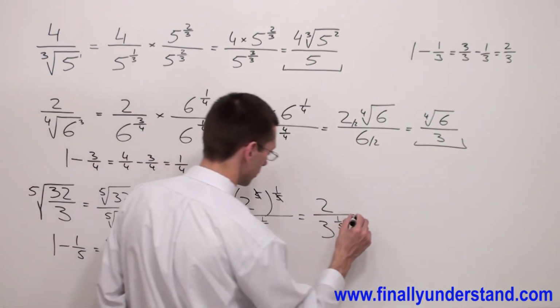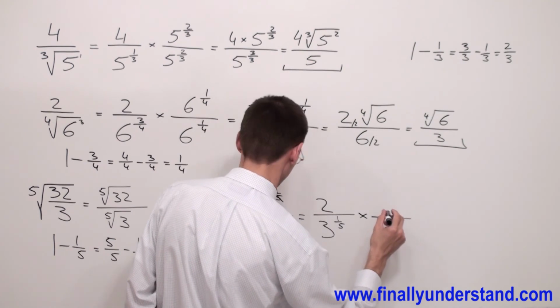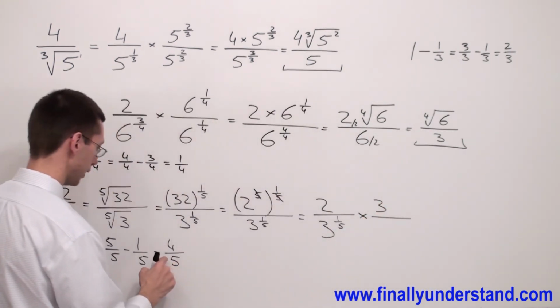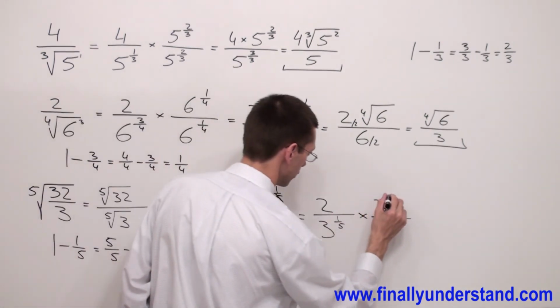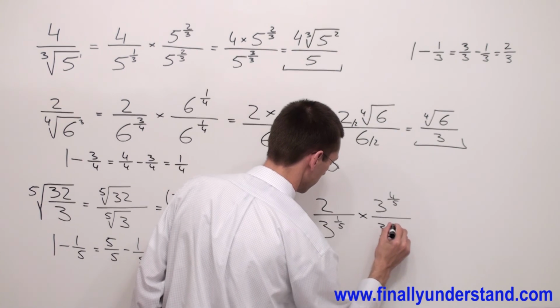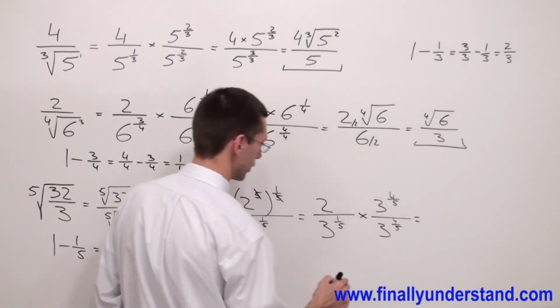Okay? So I have to multiply numerator and denominator by 3 to my new exponent, which is 4 over 5. 3 to the 4 over 5, which is equal